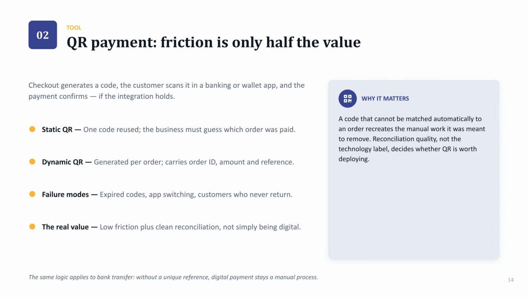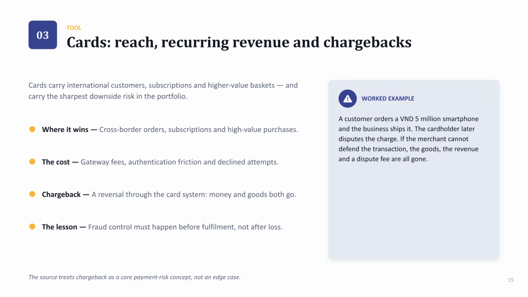Finally, consider QR payments. Friction reduction is only part of the value. The real key is reconciliation. A code that cannot be automatically matched to an order creates manual work, defeating the purpose of a digital payment. Let's look at cards. They reach international customers and support recurring revenue, but they also carry the sharpest downside risk. A core lesson is that fraud control must happen before fulfillment, or you risk losing both the revenue and the